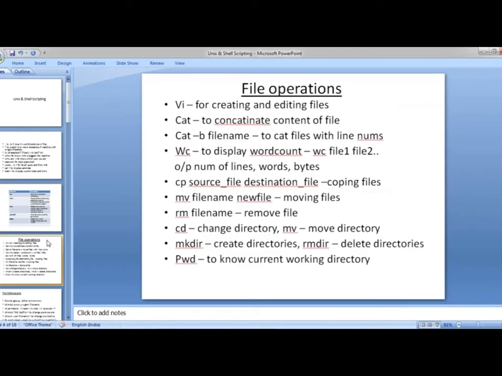So these are a few file operations which we have, most of which we have seen already. Let's see vi for creating and editing files. I told you it's an editor for creating and editing files. Cat is a concatenation command which displays the contents of a file onto the screen.